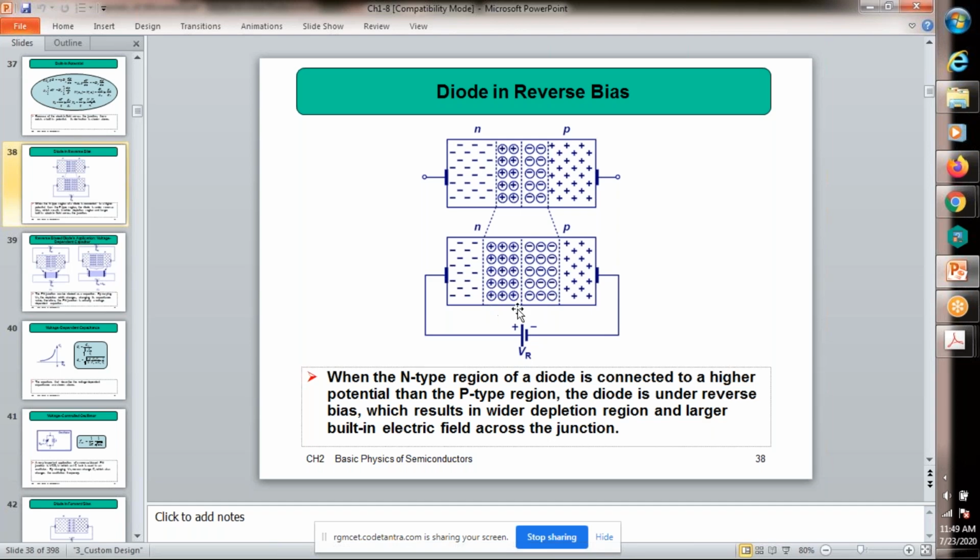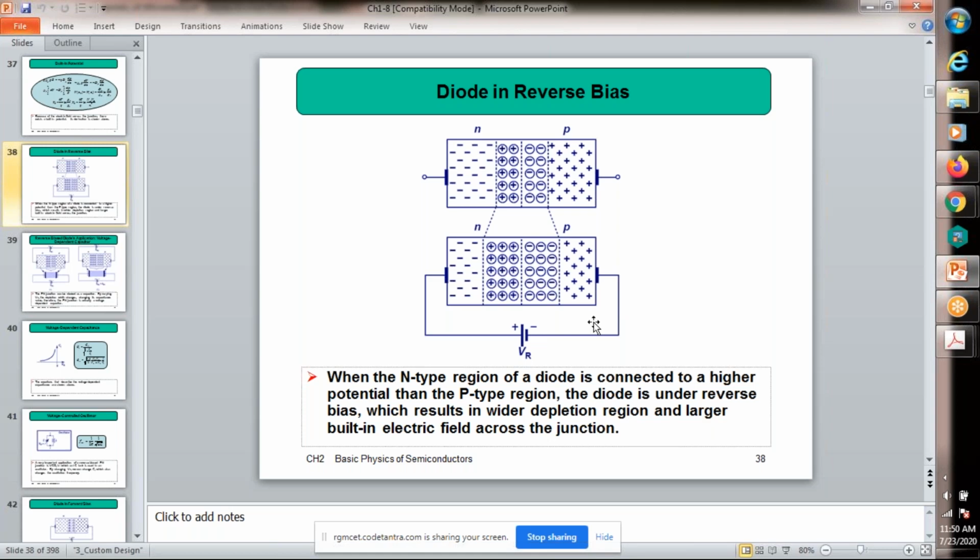Now we observe the depletion region width, whether this width increases or decreases, and what type of current flows through the PN junction. Why? Because now it is a closed circuit. It is possible some current flows through the junction, right? Whereas under equilibrium condition, open circuit, current is equal to 0. Net current is equal to 0, but here it is a closed path. If a current flows, we can easily measure it using an ammeter, right?